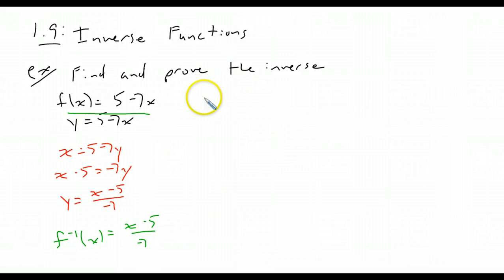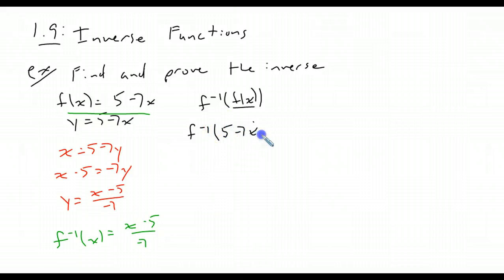So I'm going to do the algebraic way first just because it's a little bit more fun, because you guys love this. This is awesome. It's the best thing ever. Okay, f inverse of f of x. I know what f of x is, so I'm going to put f of x into my equation. So f inverse of 5 minus 7x. Then I'm going to take this 5 minus 7x and plug it into f inverse, where you see x, so 5 minus 7x minus 5